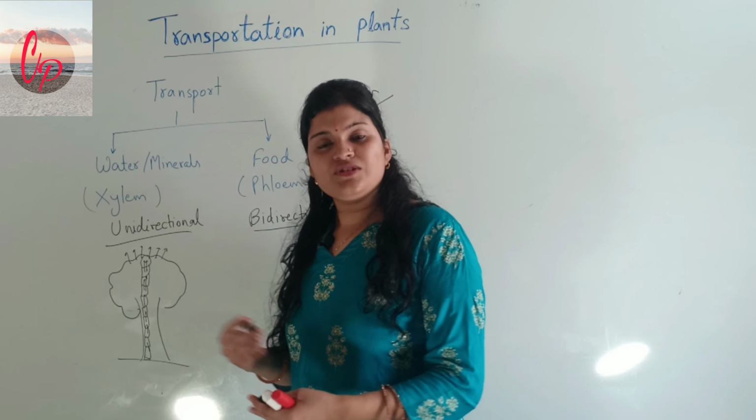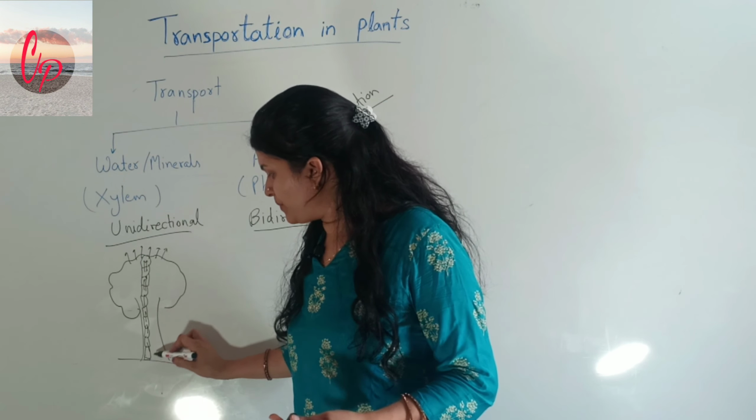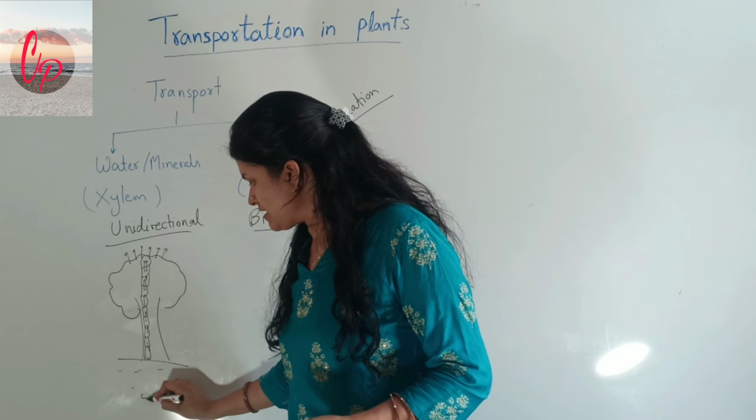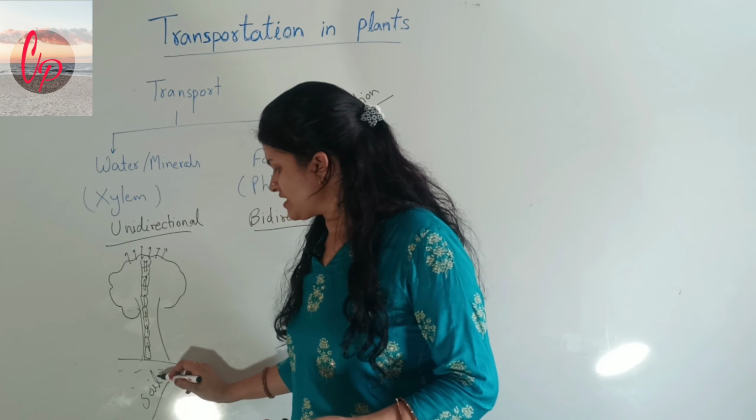So water molecules will be shifted from one cell to another, and basically what will happen, the water molecules which are present here in the soil, this is the soil, and water molecule is present here, so water will be transferred from this region to the above region actually. So from the soil water will be shifted upwards and all the cells will gain the water molecule. So this is also one way to understand how the transportation of water happens in plants.